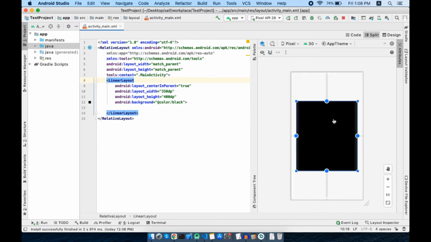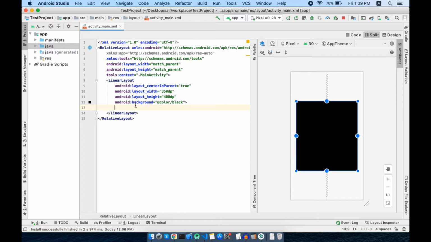Now inside this black container we need to create more containers. The first one will be holding our TextView for our text calculations and the results of the calculator. The other rows or containers will be holding the buttons. So let's create the first container for the TextView.